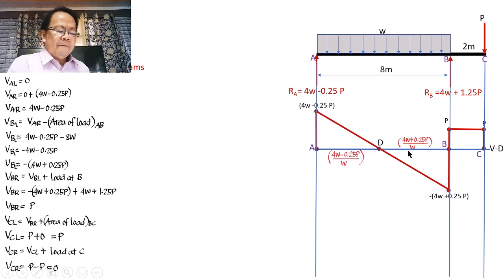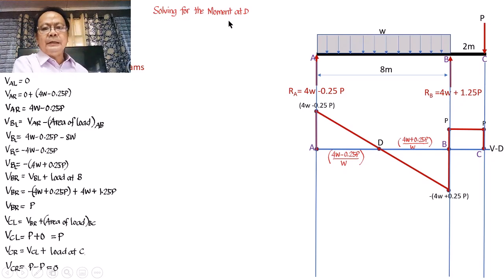Di ba? Ngayon, bakit ko kinumpute yan? Kasi gagamitin naman natin ito sa pag-compute ng ating maximum bending moment. Kaya pag kinumpute natin yung maximum bending moment, we solve for the moment at D. Unahin natin itong moment dito sa D. Di ba? And how do we solve for the moment at D? Itong moment at D will be our maximum positive bending moment. And this will be computed by